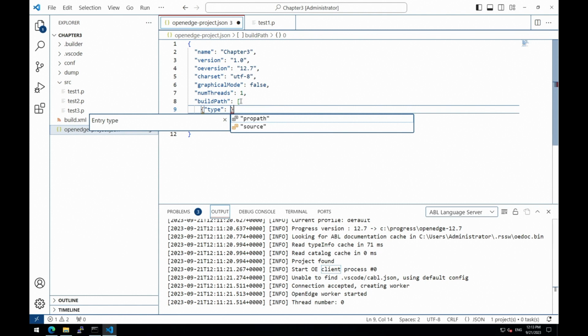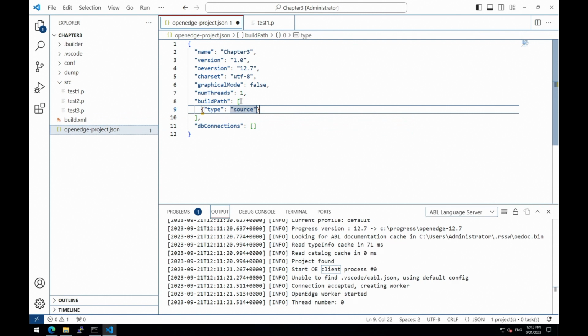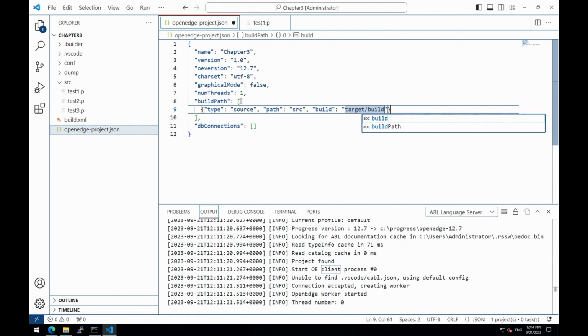This is exactly the same as in Developer Studio. You are already able to define source directories or ProPath entries. This works exactly the same. So we define a source directory. Path will be src, so any .p, .w, .cls in this src directory will be considered source code, and we'll output the R code into target/build.